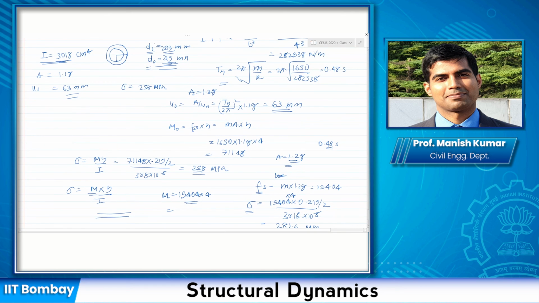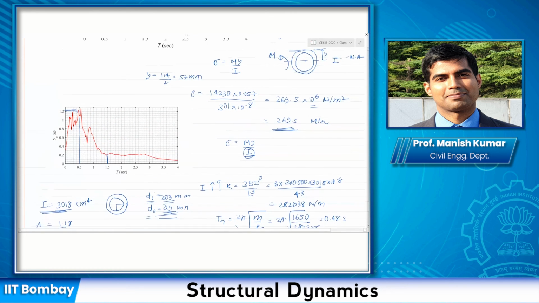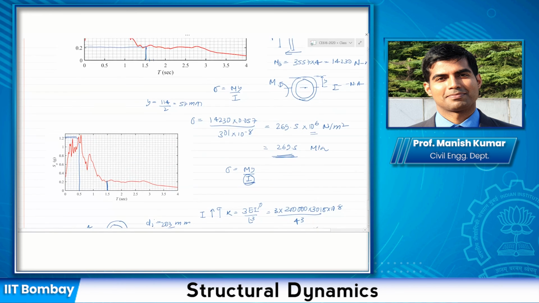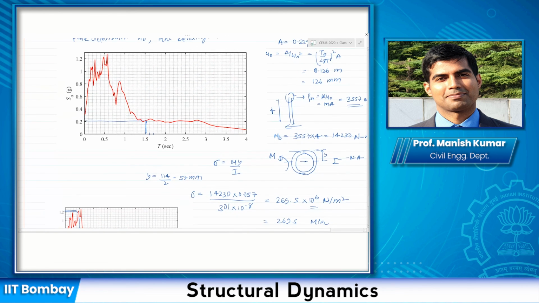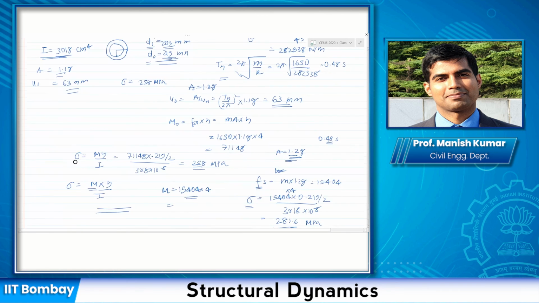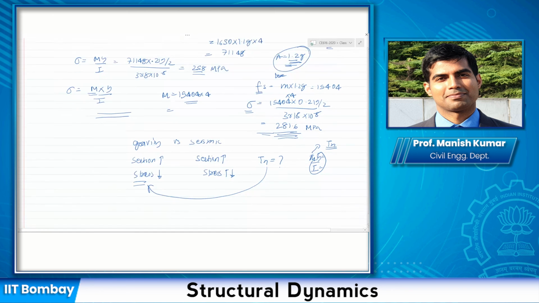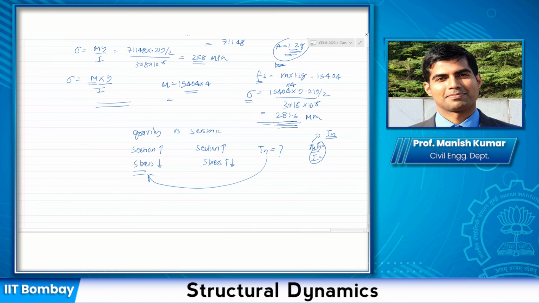Acceleration actually has increased, because initially my acceleration was around, where was the acceleration here? If you look here, in the first case, acceleration was around 0.22 g. And because now the section has become stiffer, my acceleration has suddenly shot up to 1.2 g, and it leads to higher forces. So remember this thing, that increasing the section sizes might not always lead to a safer seismic design. So you have to actually do the calculation and find out what it leads to.